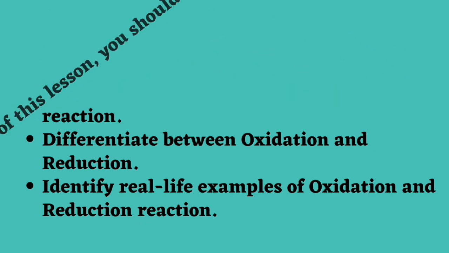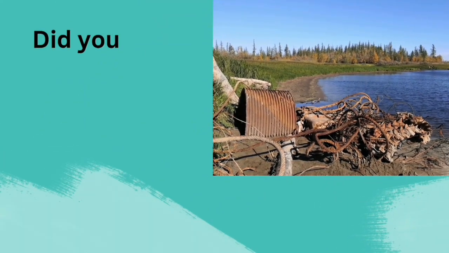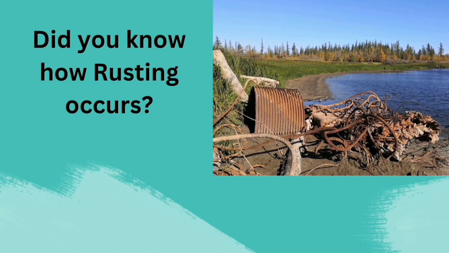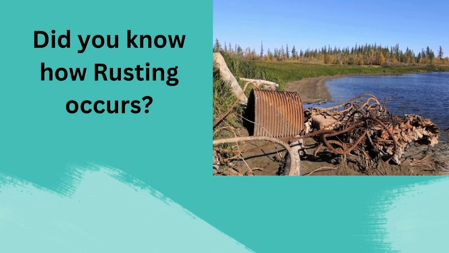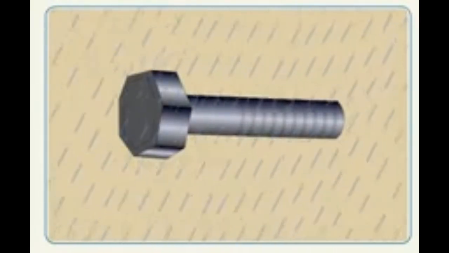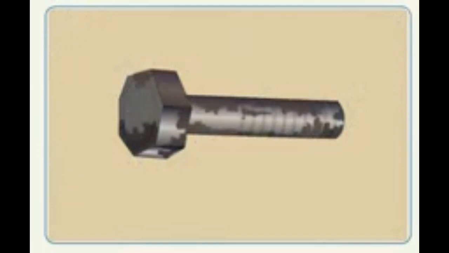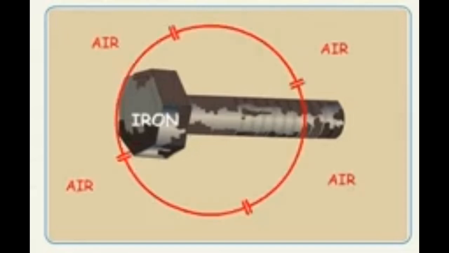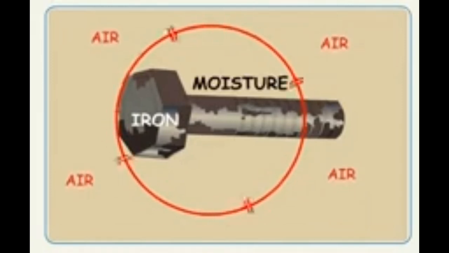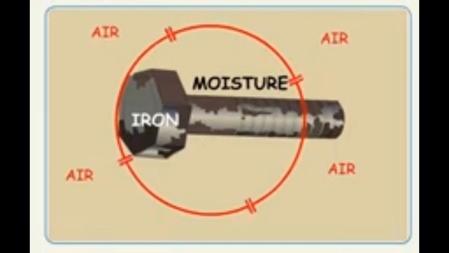Now, did you know how rusting occurs? This is a daily life encounter in your nails, at your window bars, and many others. If an iron object is left out in the rain, a reddish layer is deposited after a few days. This layer is called rust. Iron reacts with oxygen of the air in the presence of moisture to form a substance called iron oxide, which is the rust. This is a chemical change and